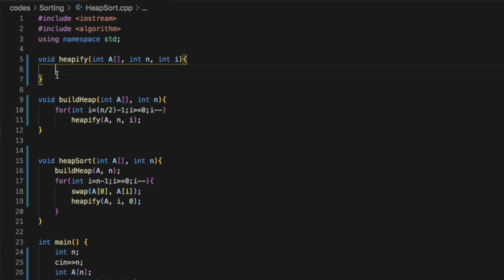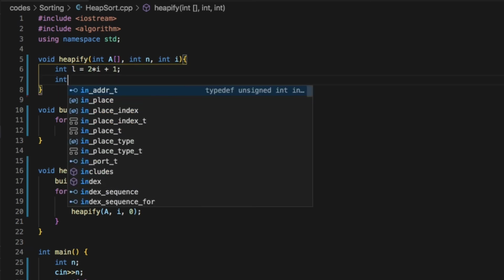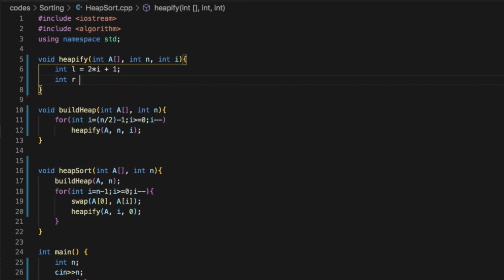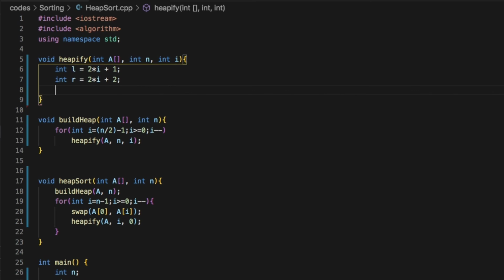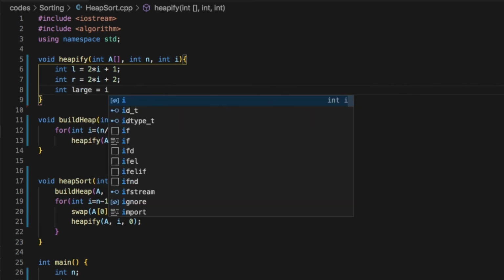So in the heapify function, we first calculate the index of the left node and then calculate the index of the right node, left and right childs. So we declare L and initialize it with 2 into I plus 1. Similarly for R, 2 into I plus 2. And also initialize the value of large as I.